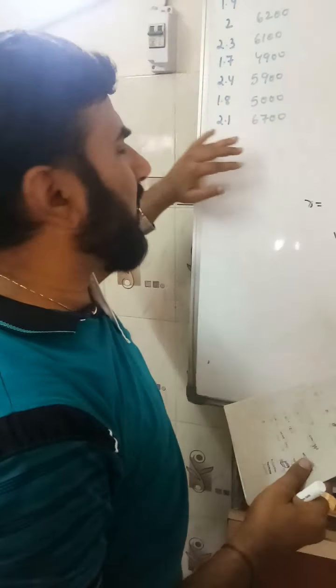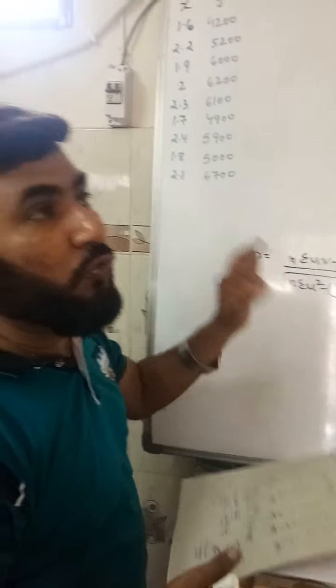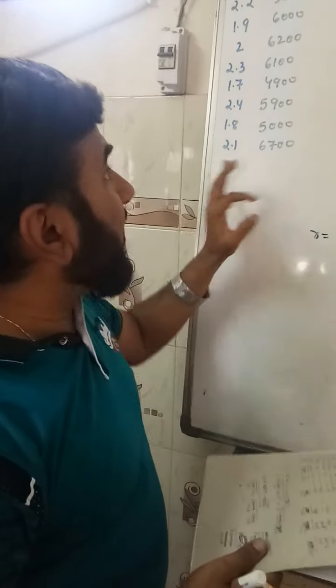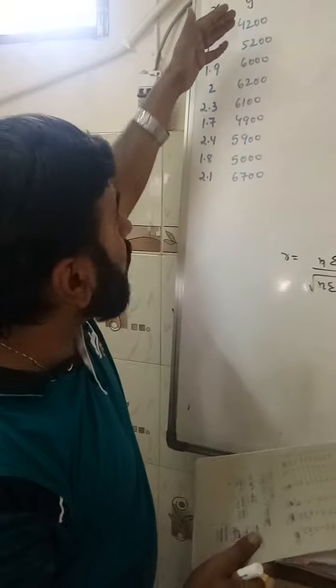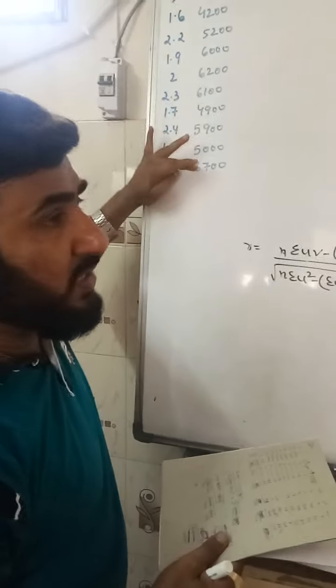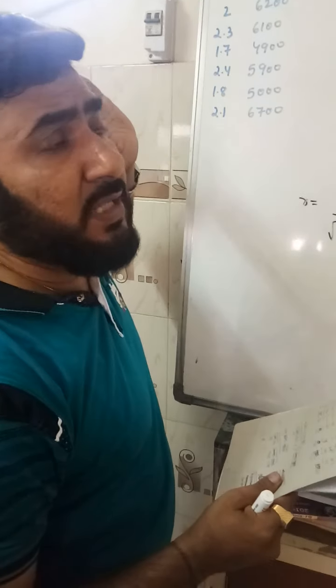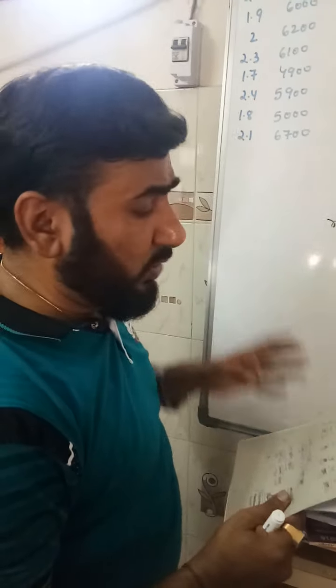no need to find out x bar and y bar. Directly apply the formula of UV. Once again repeating, when the x and y are too large, or any value of x or y or both are too large, then don't find x bar and y bar. This is the rule. Take the method of UV. It will be easy to calculate.